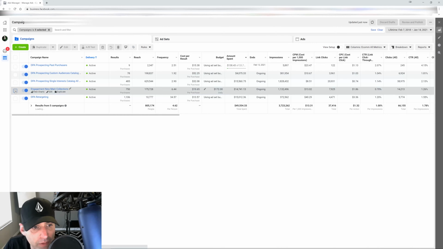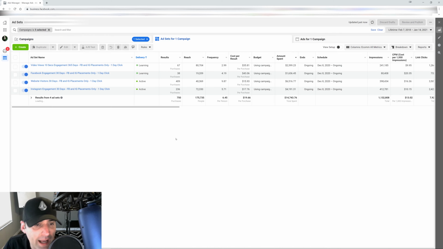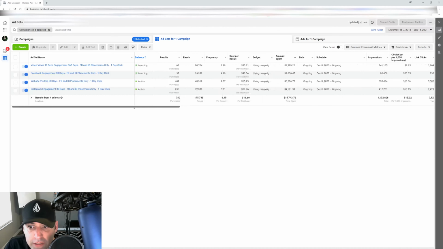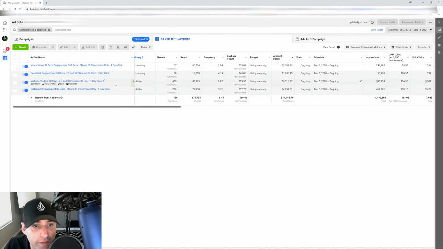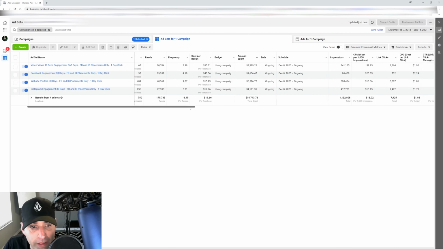Then I have my middle of the funnel, which is my engagement campaigns. And I keep it super simple. As of now, I'm just running Facebook engagement 30 days, website visitors 30 days, Instagram engagement 30 days, video views 10 seconds, engagement 365 days, right? I'm not getting super segmented with it because the frequency is already high. So if I bring these audiences and make them smaller, that frequency is gonna skyrocket. So I don't have enough volume from my cold traffic to create smaller retargeting audiences in the middle of the